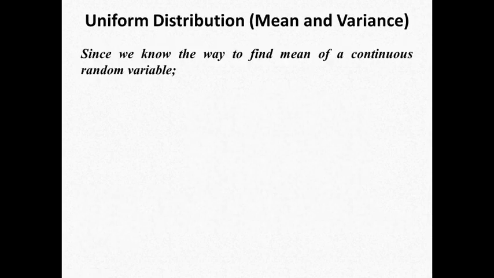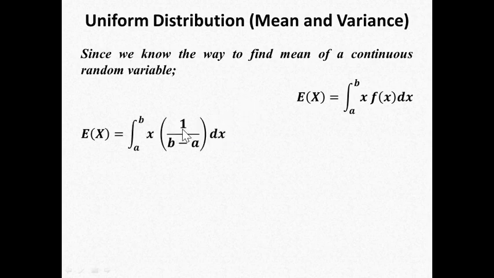Now we are going to proceed towards finding the mean and variance of the same uniform distribution. What was the formula of finding the expected value of x in the case of a continuous random variable? Do you remember? Okay, let me show you. That was the formula, and since we know the PDF of the uniform distribution right now, it is the time to replace this function with the probability density function of the uniform distribution. We did this, and finally we have replaced the function of the uniform distribution over here.